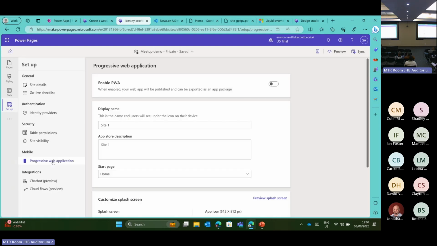One more, progressive web app. So what you can do is you can take this PowerPages site, you can enable it as a progressive web app, which basically means you can put it into Google Store,